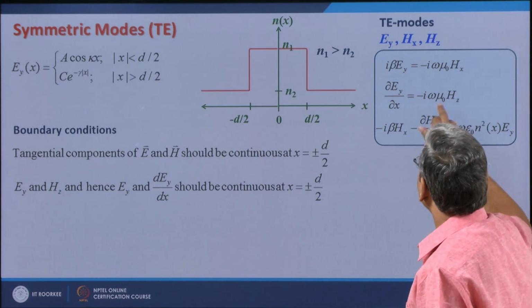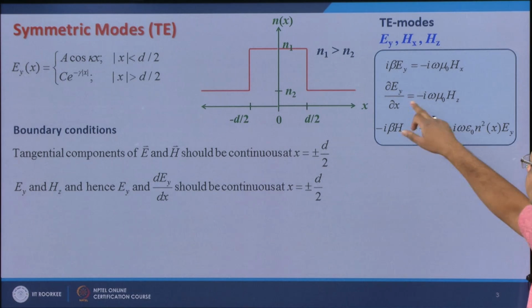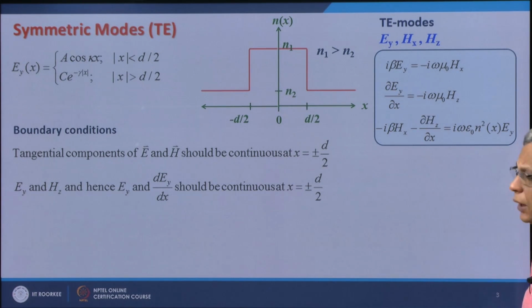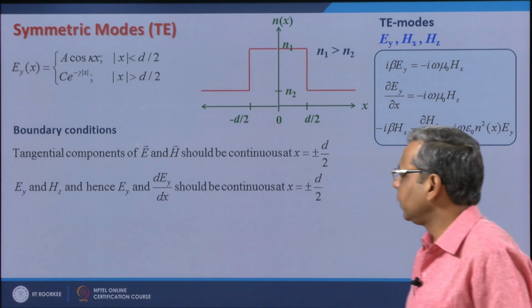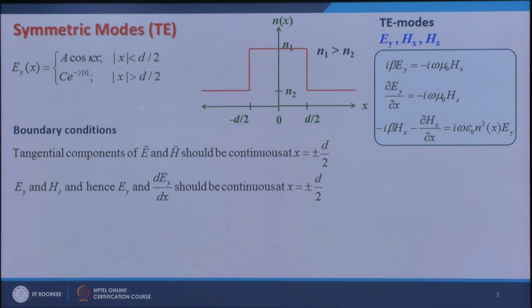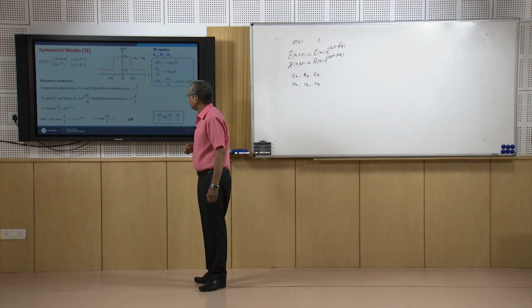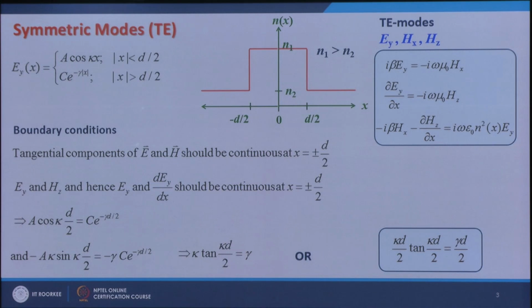Since H z is related to E y as some constant times d E y over dx, E y and d E y over dx should be continuous at x is equal to plus minus d by 2. When we applied this, we got the transcendental equation